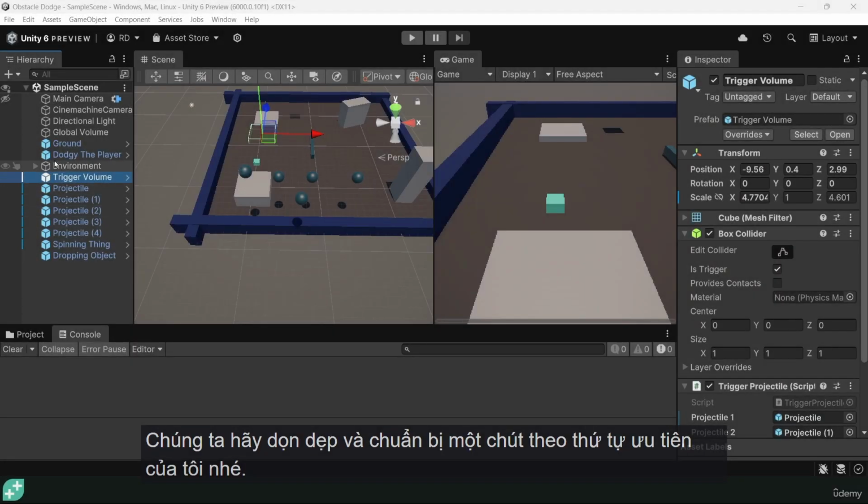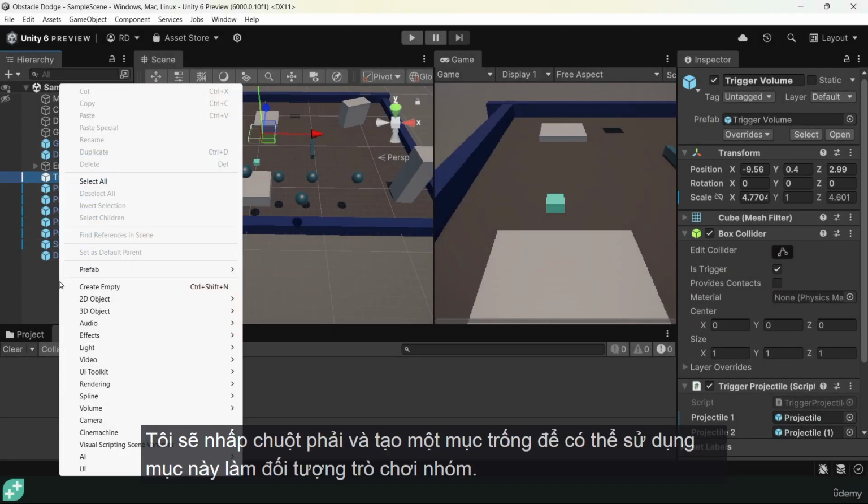Let's get things tidied up and prepared a little bit. Over in my hierarchy, I'm going to right click and create empty